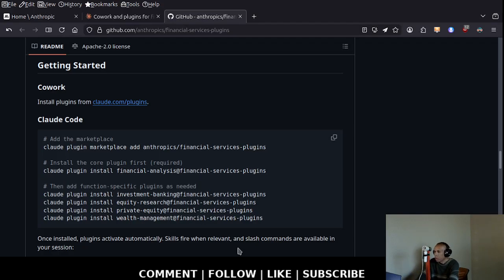All right. So now you do not have to install all 5. Well, actually, I was wrong. The core one, the financial analysis, you must install that. But the other 4, I think, it says as needed. It adds functionality, and they're specific. So the investment banking: claude plugin install investment-banking@